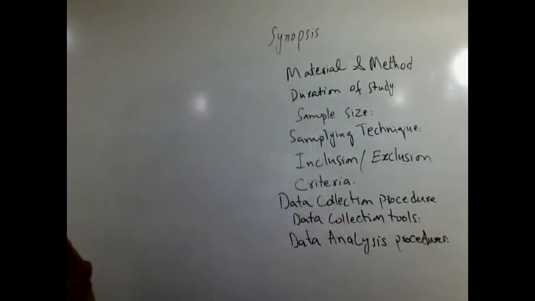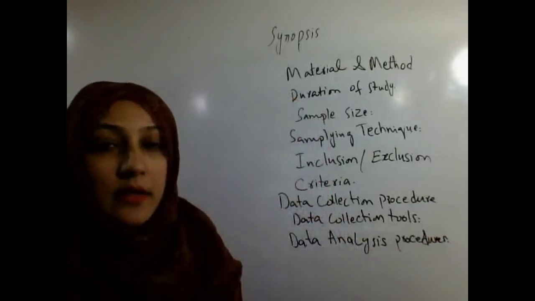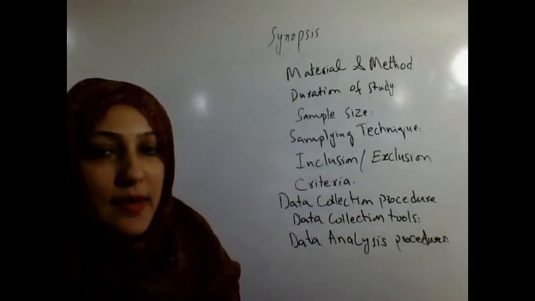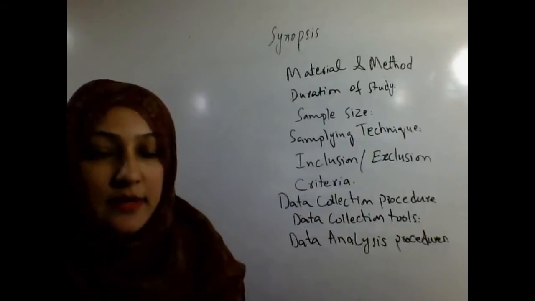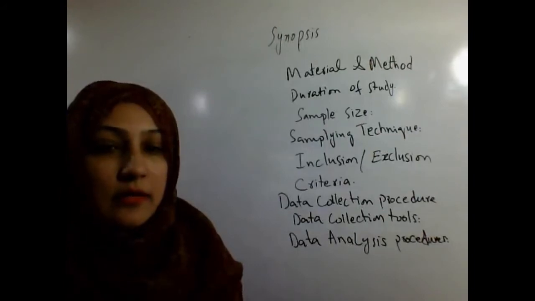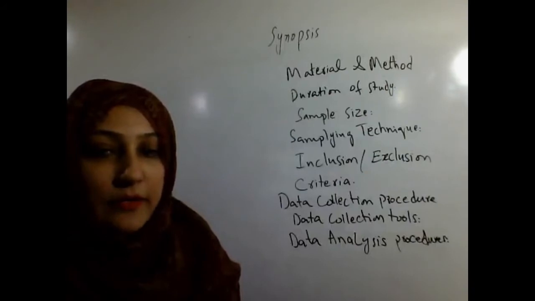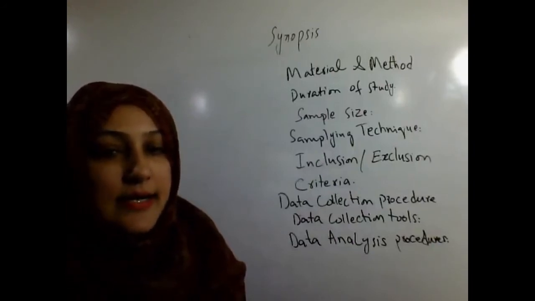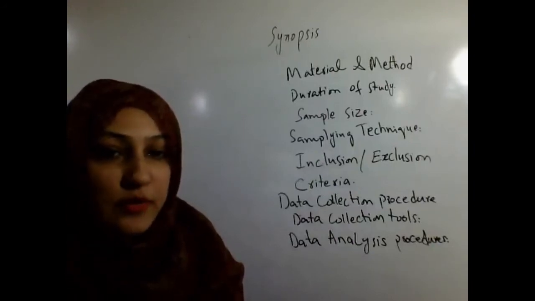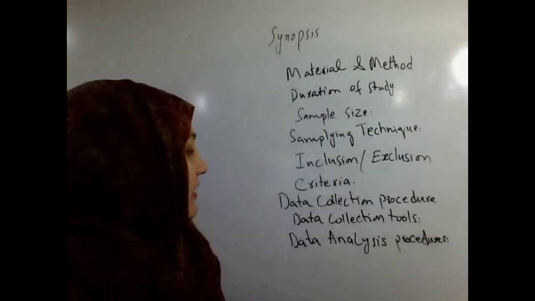In this section you have to give the idea about the study plan, place of study, duration of study, sample size, sampling techniques which you have chosen, inclusion and exclusion criteria of your study, data collection procedures which you have designed for your study, and the data collection tools which you have designed for your study, and the data analysis procedures, which different types of procedures which you have chosen for your study analysis should be given in the